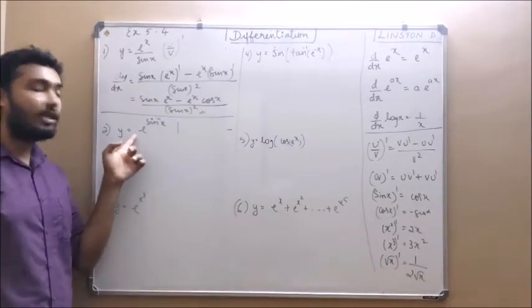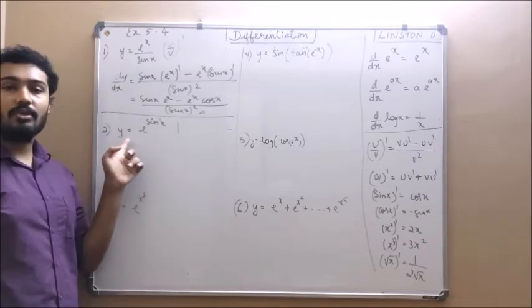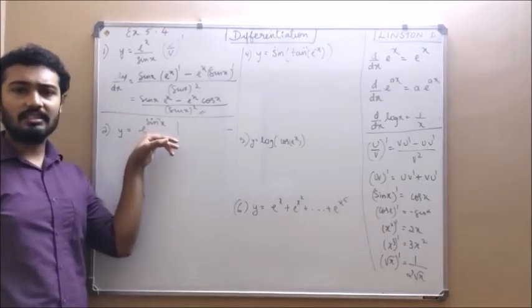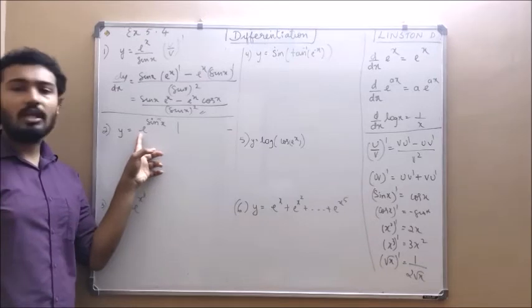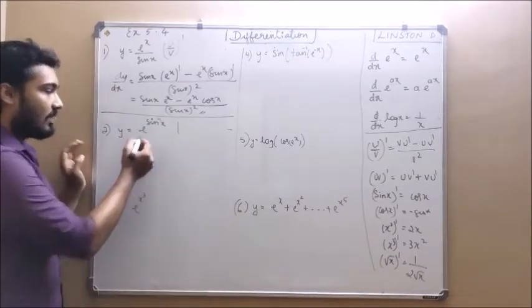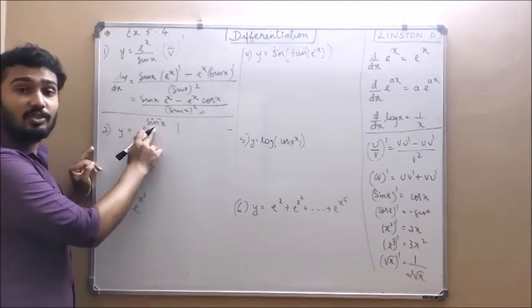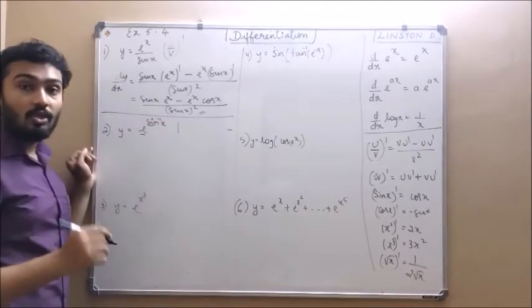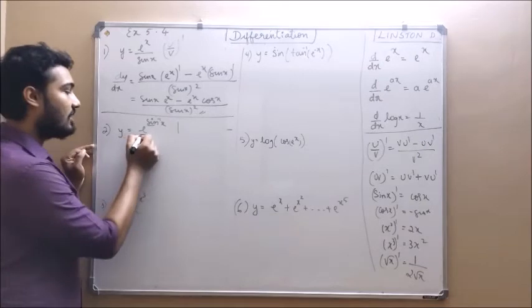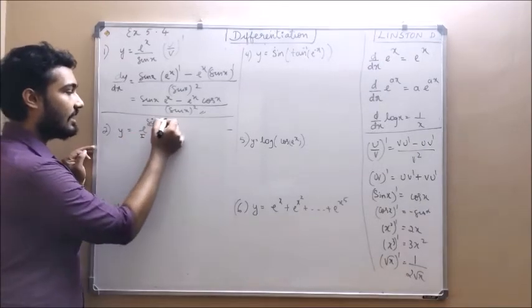Next question, y equal to e power sin inverse x. We have to differentiate. To differentiate this, look here. There are how many functions? This is exponential function e, then to the power x. Instead of x, what is there? Sin inverse x is there. So there is one more function. So this is the first function. This is the second function.